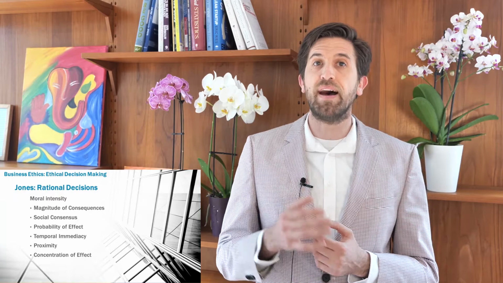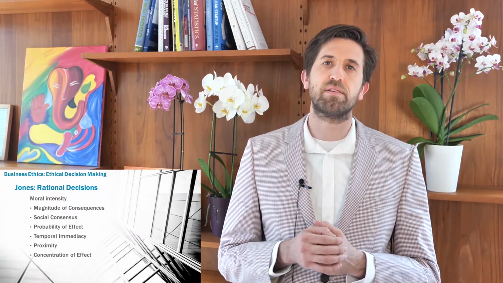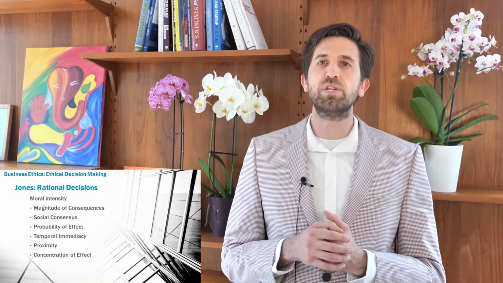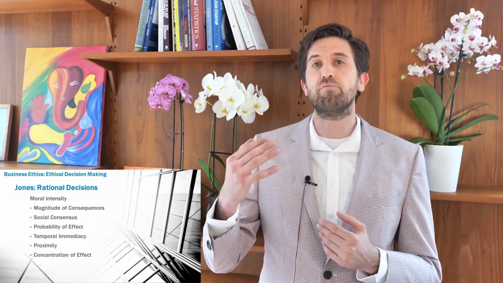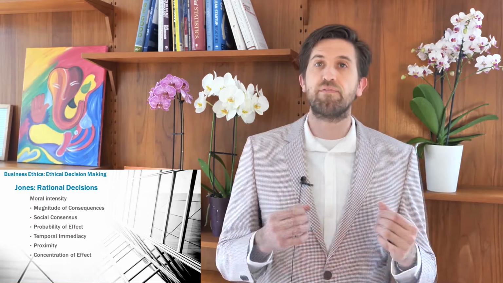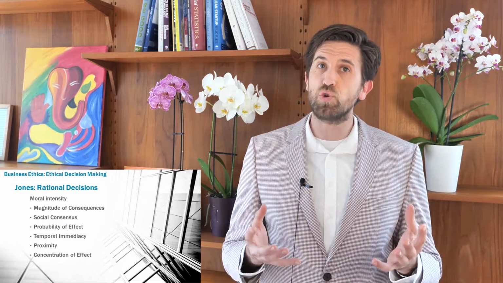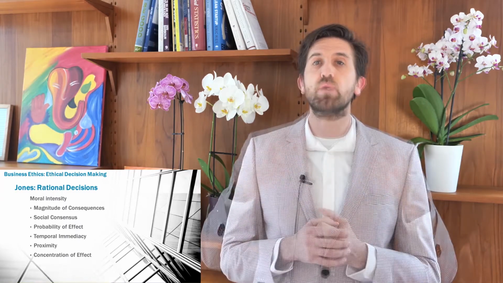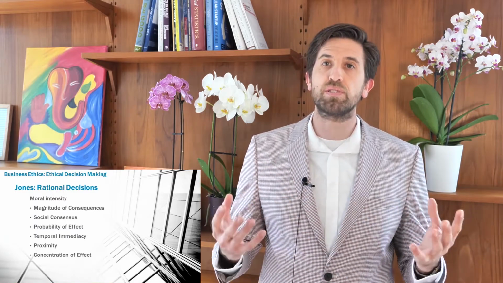So, the final aspect of moral intensity is called concentration of the effect. The concentration of the effect of the moral act is an inverse function of the number of people affected by the act. For example, stealing a given sum from one individual or a small group of individuals has a more concentrated effect than stealing the same amount from a large organization.